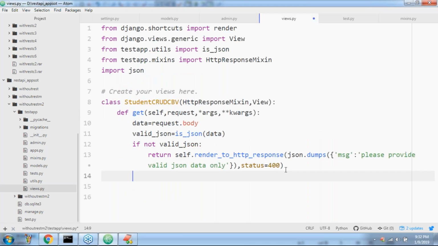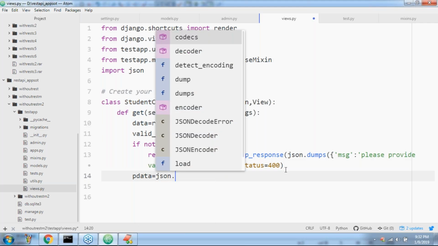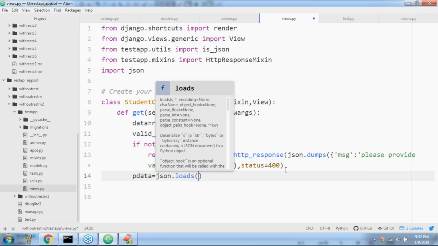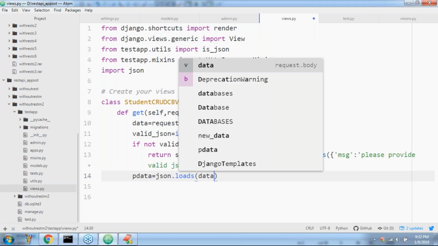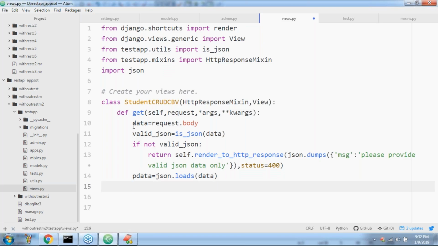In the views class, yes, it is valid JSON only. Can you please convert this data into a Python dictionary? Very simple: json.loads of data, where data is request.body. Now this body will be converted into a Python dictionary.